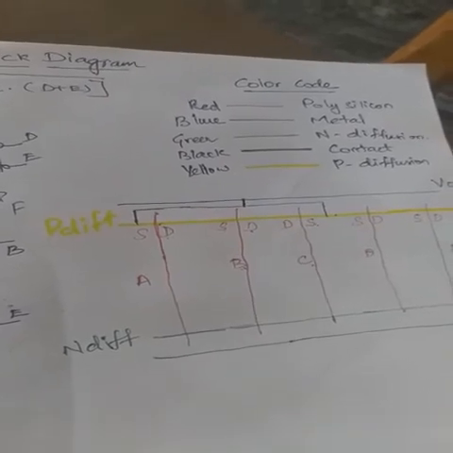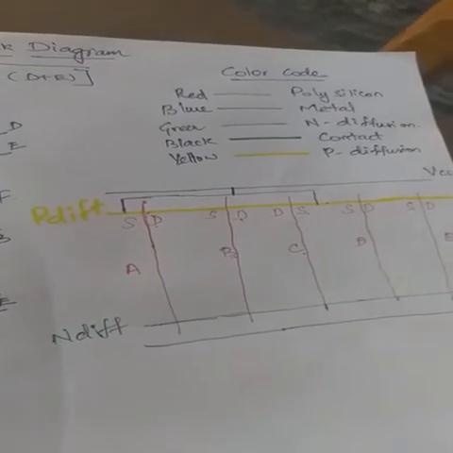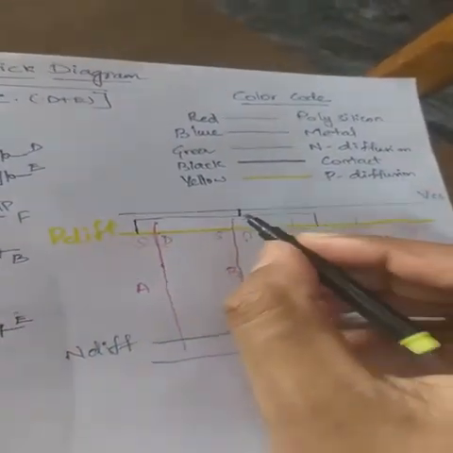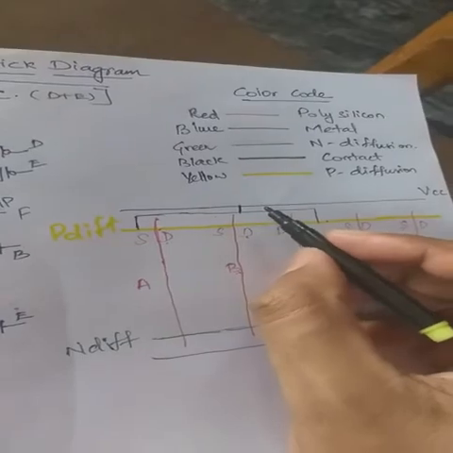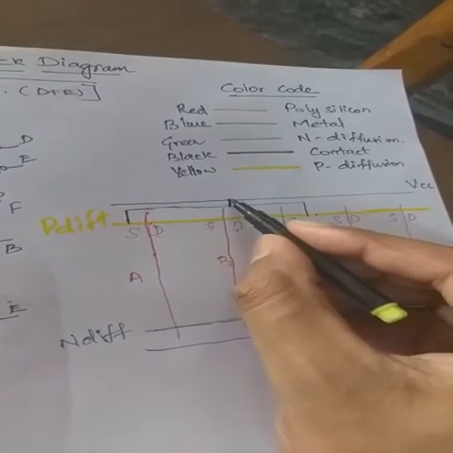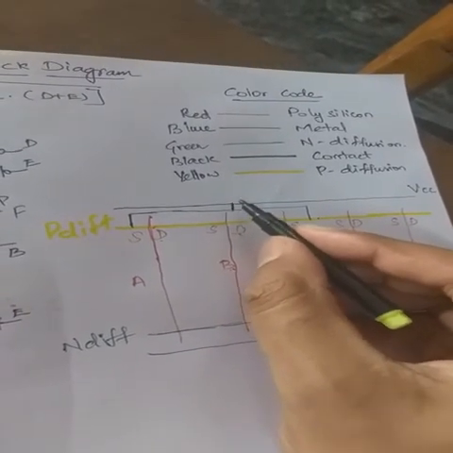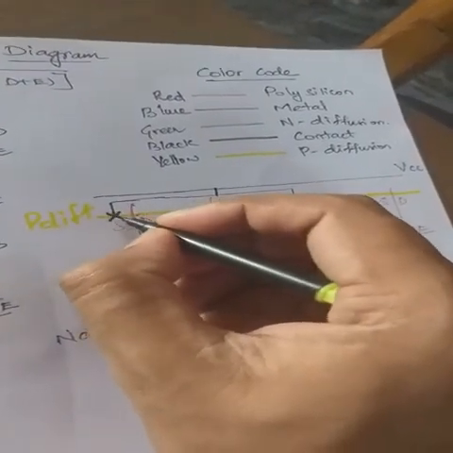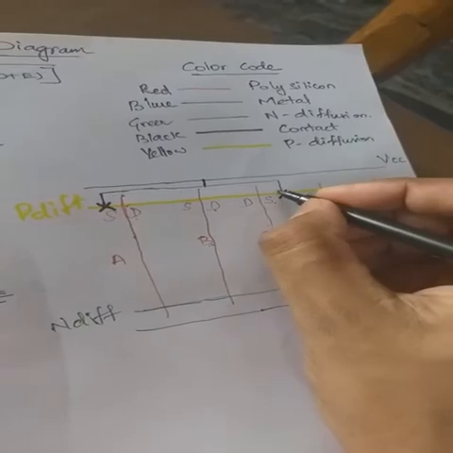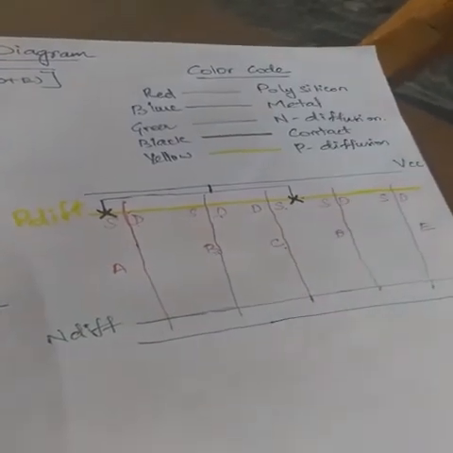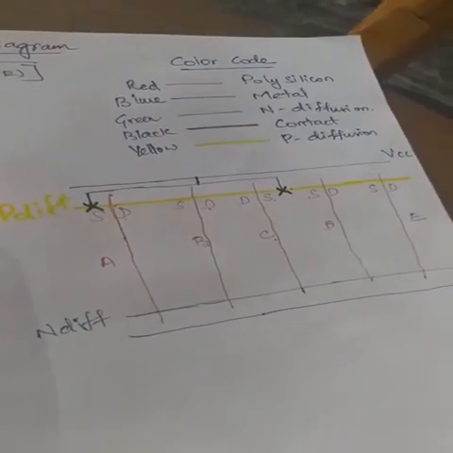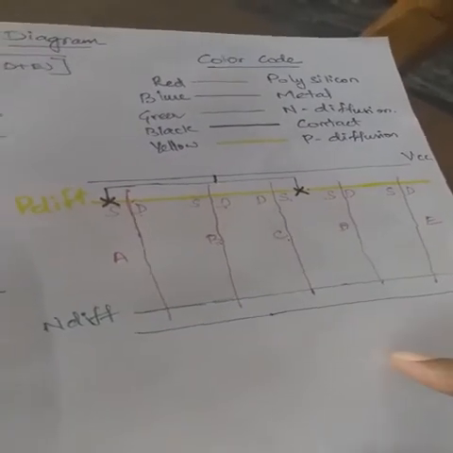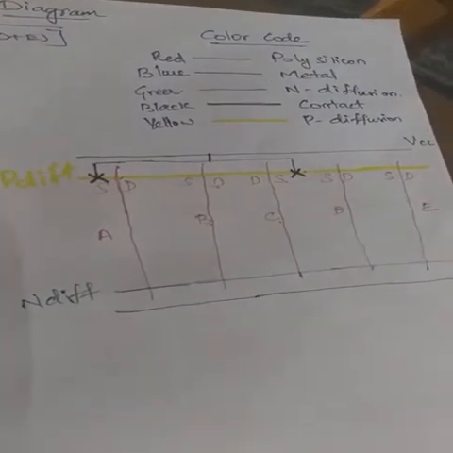As per the first rule, when two lines of the same color match, there will be a connection, so we don't need to provide any contact here. Whereas in this particular area we have to mention the contact. Contact is mentioned using a black color. Whenever two different layers or materials are crossing, we have to provide a contact. So we have done it. The next connection is